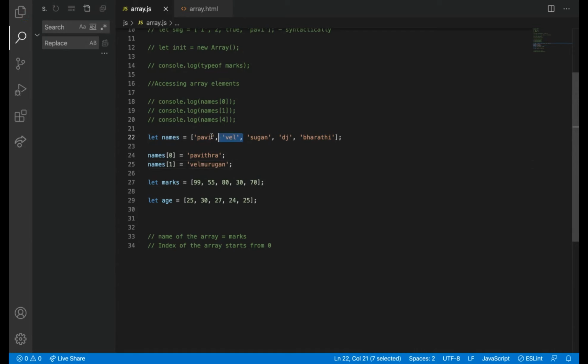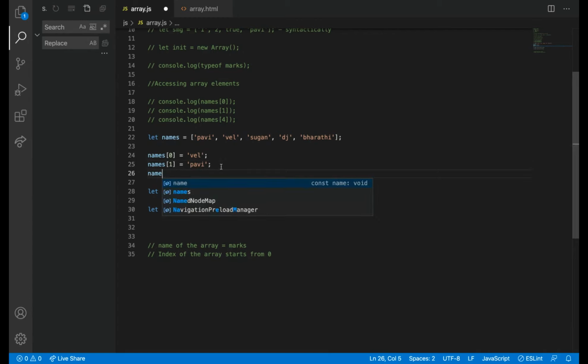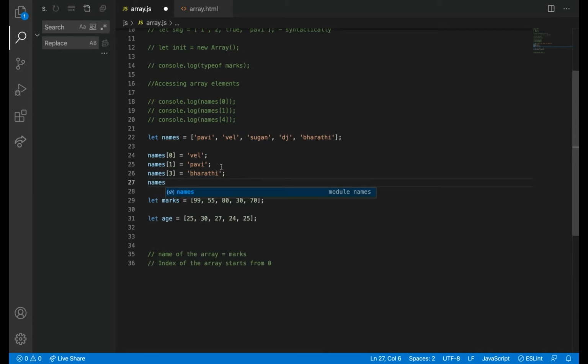Or if I want to interchange this also, I can do Vel here and then Pavi here. Names of 3 equal to... what will be the output now?